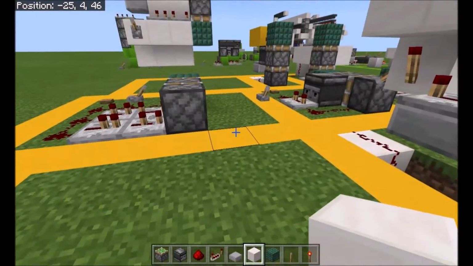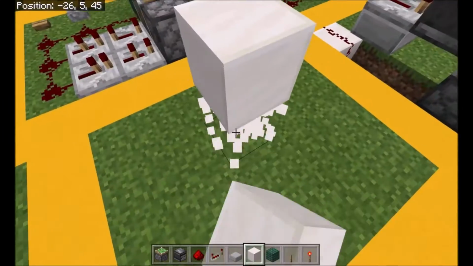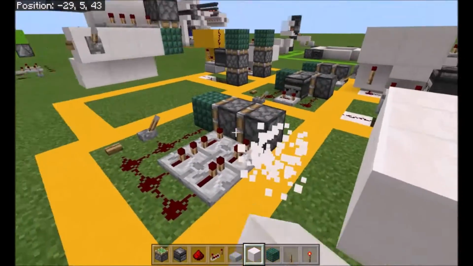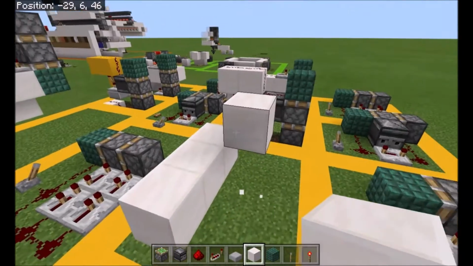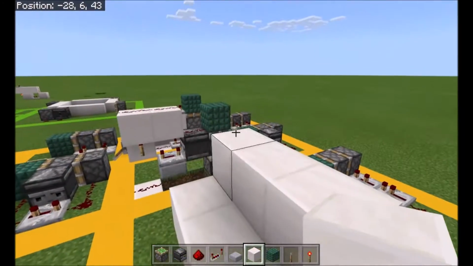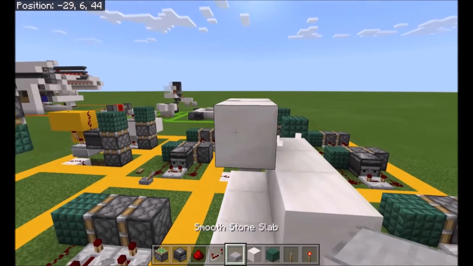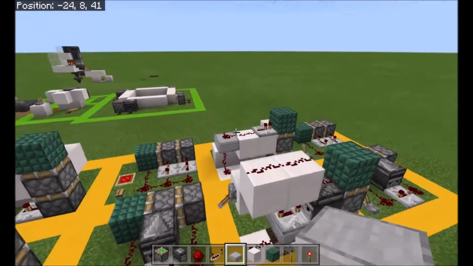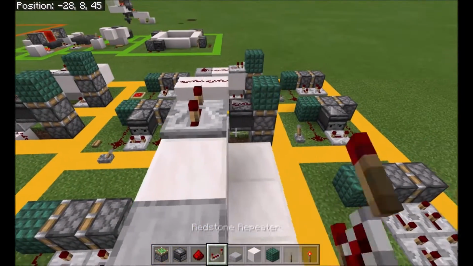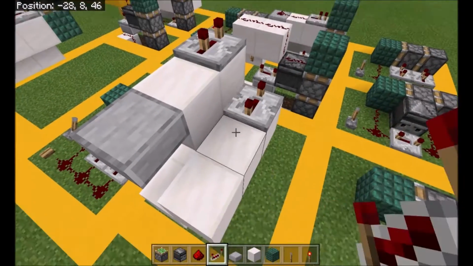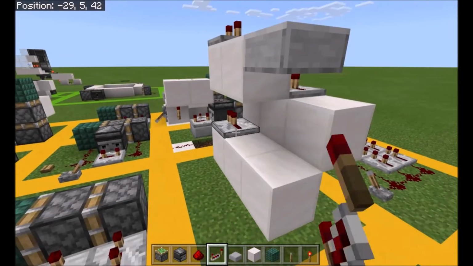So, you go up 1 block, and then you build 3 blocks like that, and then up 1 there, and then you build 3 blocks, and then here, you build 2 blocks with a slab, just like that one right there, and then we have 3 ticks, 6 ticks, and then 1 tick, right,